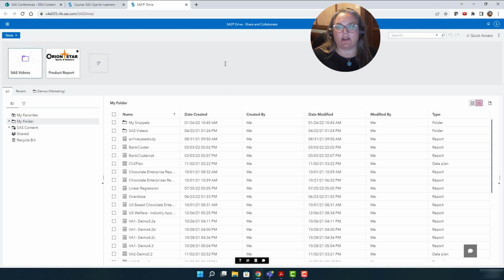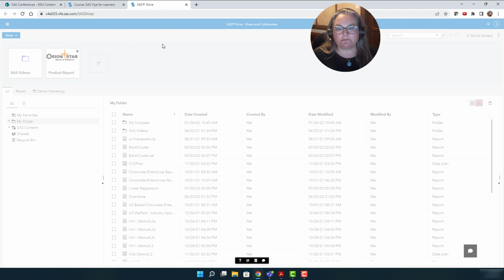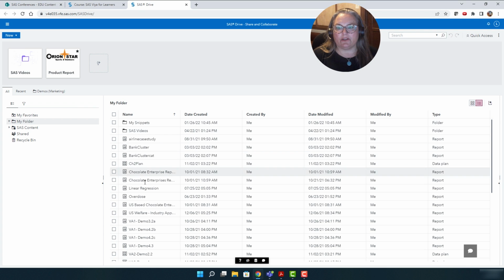So this is SAS Drive. Note in the top, in the blue bar, this is the application bar. And over on the left-hand side is the application menu. Now mine will look a little different than yours. I have a lot of reports and queries that I've worked on. And then I have a couple things here. This is our quick access area. So this gray area at the top is our quick access area. I'm not going to use any report that I've already created. Instead, I want to start fresh.